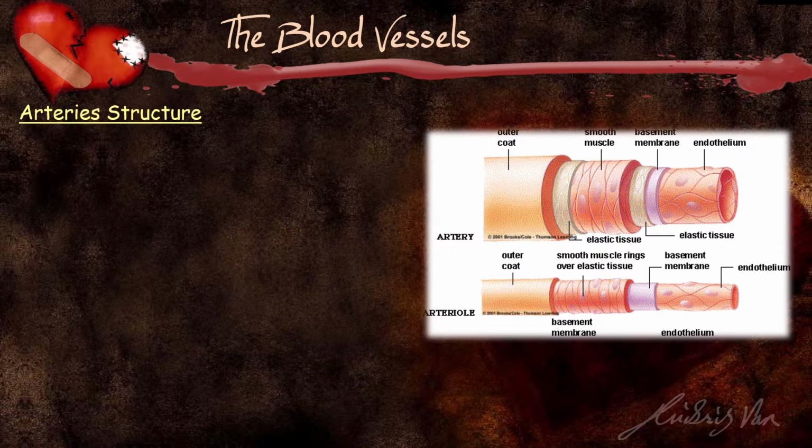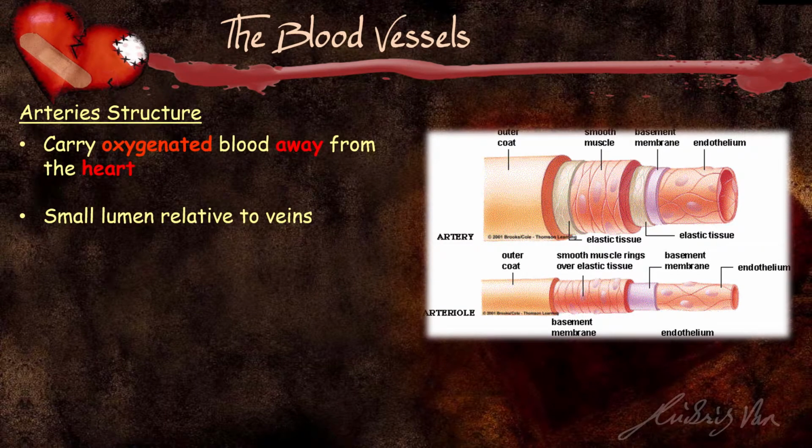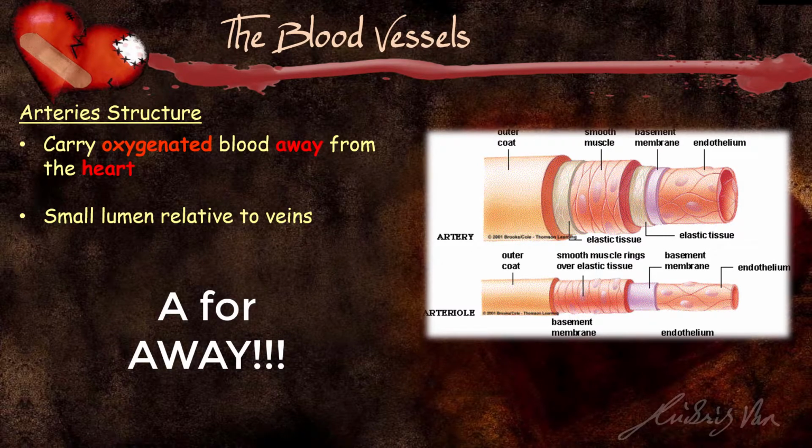For our arteries, their function is to carry oxygenated blood away from our heart. So how do you remember artery? A for artery, A for away. So arteries carry blood away from our heart. It is worth noting that there's one artery that carries deoxygenated blood away from our heart, and that's called the pulmonary artery, which you probably have heard of before because it is used to carry deoxygenated blood from our